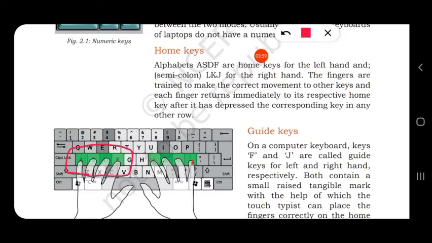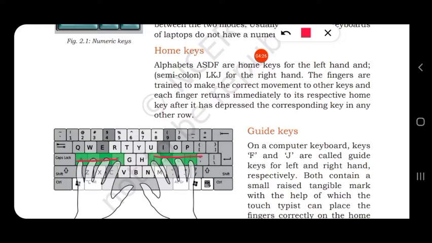The fingers are trained to make the correct movement to other keys, and each finger returns immediately to its respective home key after it has depressed the corresponding key in any other row. So we should always place our left and right fingers on these home keys.